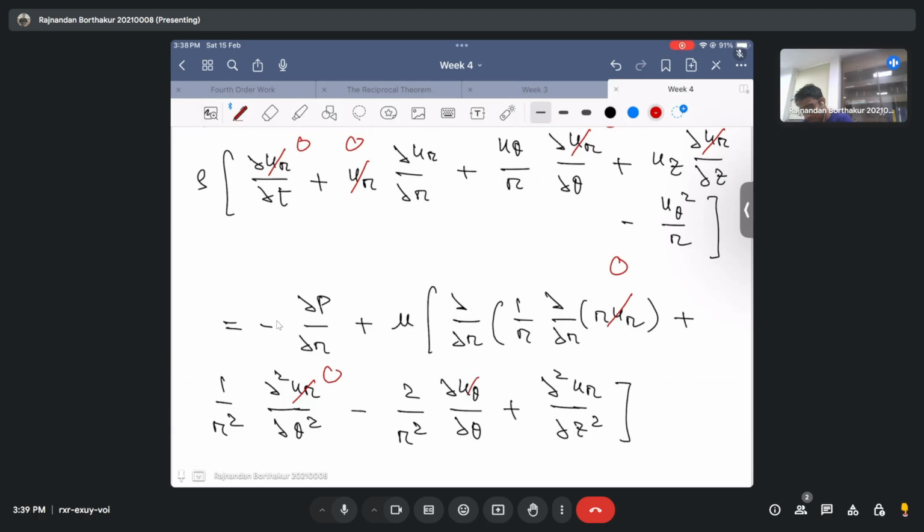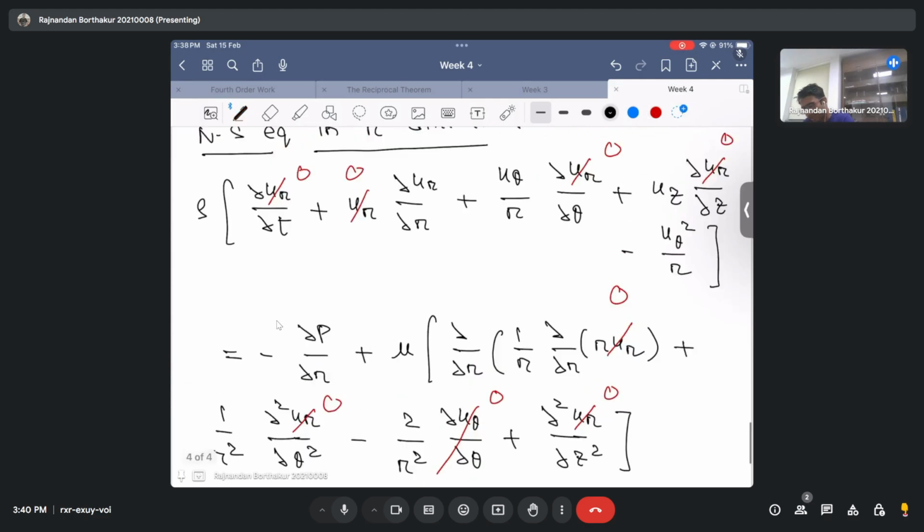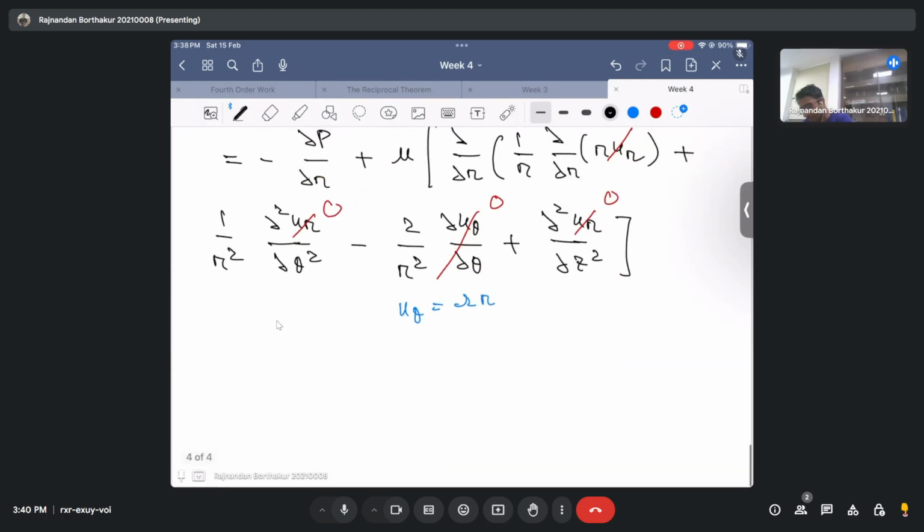And this term is also 0 because I know that my u theta is just omega r, which means it is not a function of theta. And also we saw that this is essentially a consequence of axisymmetry. And I have a ur which is 0, which means that if I now rearrange all the terms by invoking these assumptions, I just have 0 equal to minus del p by del r